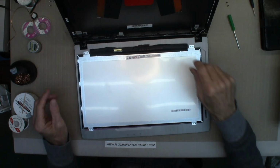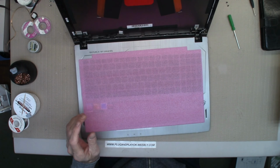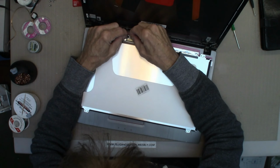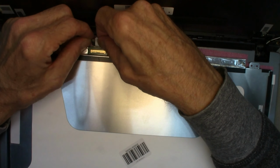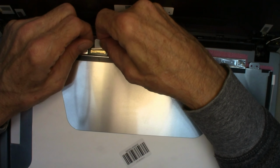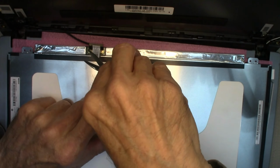And connectors removed. Be very careful. You will feel the connector settle in. There we go. Now, thing is, tape here, don't want to cut off, but piece of the corner